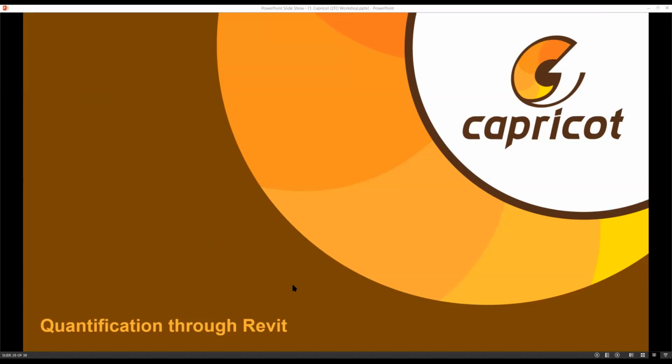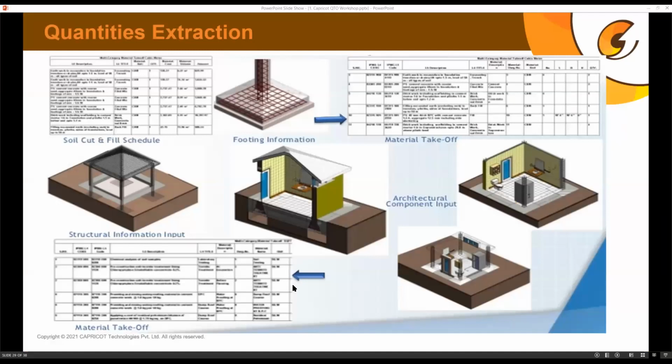You can get quantities from Revit. So we can get quantity extraction in the form of components as well. For example, if one needs quantities only about the footing, they can get the quantities about the footing. They can also get material takeoff about a particular component. We can also get different structural family quantities. We can also get soil-related quantities as well. So if you are working on a contoured project and you need to calculate cut and fill volume, Revit can automatically do that.